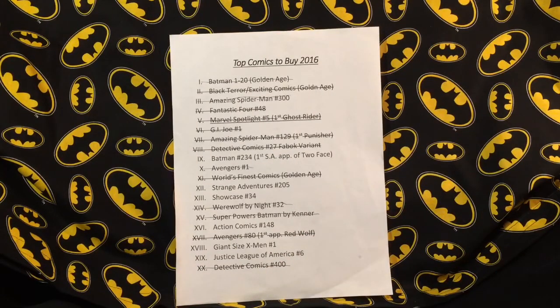And y'all can see that is some key comics on there. I did not mess around on here. I didn't just pick up a lot of low-hanging fruit. So I knocked another one off the list, and the one I knocked off the list is